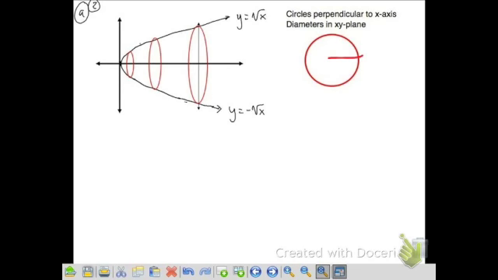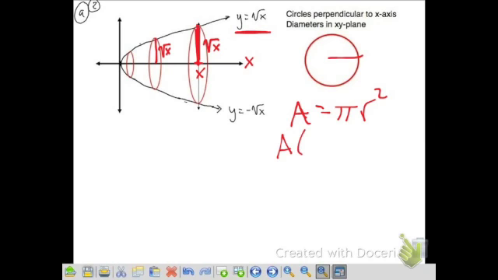Now, looking at that, we should know that the area of a circle is equal to pi r squared. And so what we really need to find is the radius. The way that I've drawn these circles on here, we can see that the radius is drawn right up here. It's going from whatever our x value is, from the x-axis up to the curve x squared. So the radius of each one of these things, no matter where we are on our axis, is our x value taking the square root of that. And so if we take any one of our cross-sections, the area with respect to x will be pi times the square root of x squared,